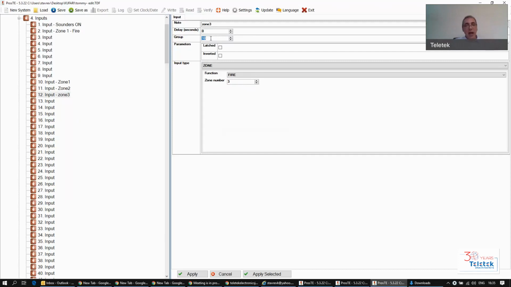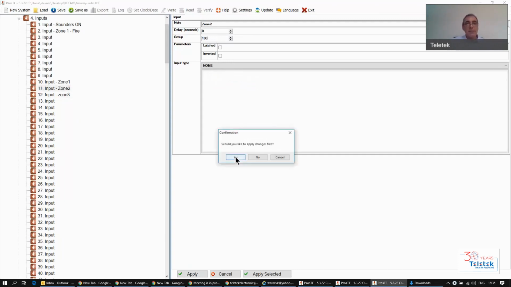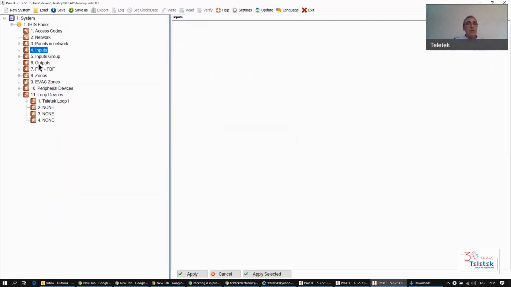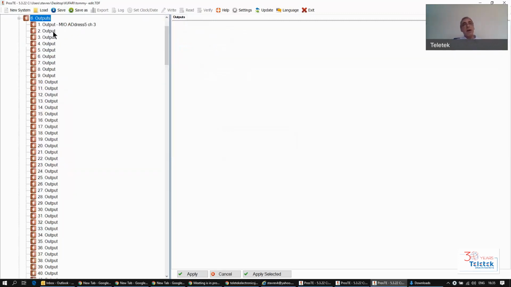I mentioned hundreds, but for some reason I put 10. I don't know why. I'll change it here to 100, just to differentiate the example better. So I'm going to outputs. I want to activate my output